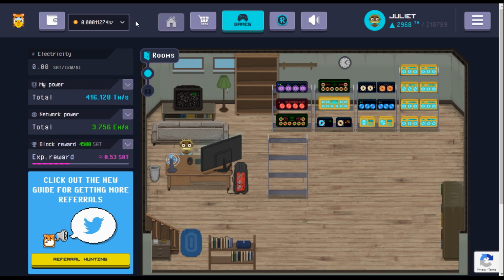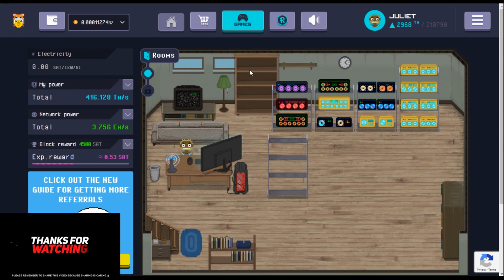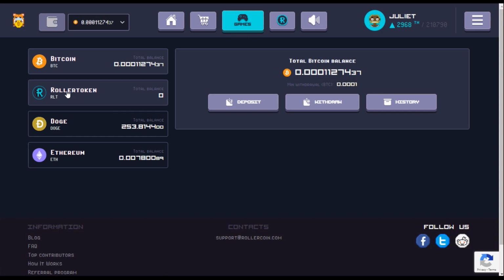17,000. So basically once that got up to 20,000, I went and got my RLT. And I had some already in there, so bought my 2 miners, and now I'm already back up to 11,000 satoshis. And once I get up to 20,000 with that, I will probably go and buy some more RLT to get these gold miners. So basically, like I say, RLT is Rollercoin in-game currency, and basically if we click on that,